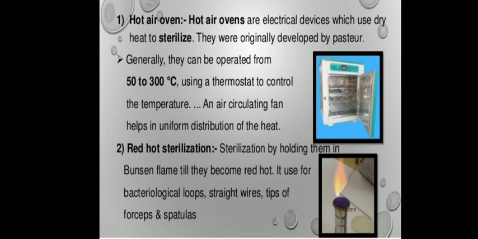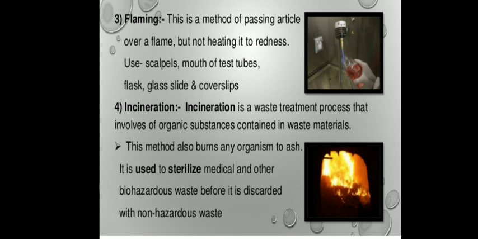get killed and the loop gets sterilized. So heating any material till it gets red hot and all the types of microorganisms present on it get killed, this technique is called red hot sterilization. And then the flaming technique. Now in the flaming technique, generally what is done here is that directly the